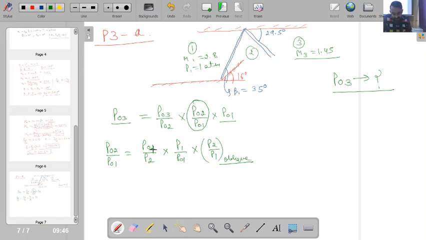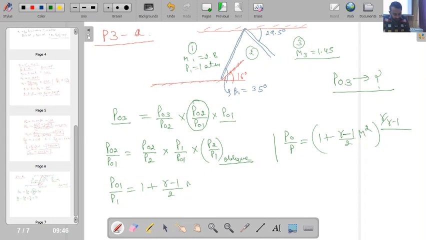Okay, so if you see the relation of P0 by P, it is nothing but 1 plus gamma minus 1 by 2 M square, whole power gamma by gamma minus 1. So this is the relation. Using this relation, if I calculate P01 by P1, that will be 1 plus gamma minus 1 by 2 M1 square, raised to gamma by gamma minus 1. Okay, so I have to consider the total Mach number. So from here if I calculate, it comes out to be